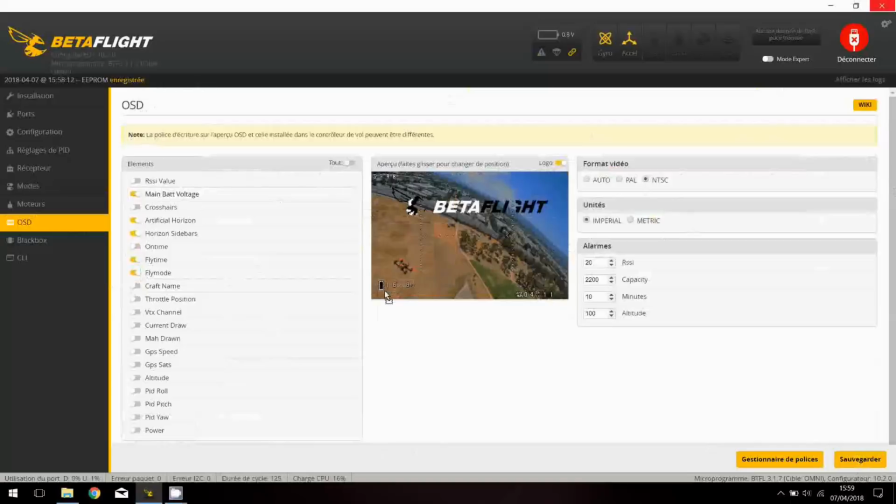Okay, if I can, I will remove the artificial horizon sidebar. I will apply more of the crosshair and the throttle position. Okay, I will apply more in the middle like this or here, and I should be ready to go. So no RSSI available, okay, and I will apply also metrics here, and also set something to 5 minutes, and the capacity is about